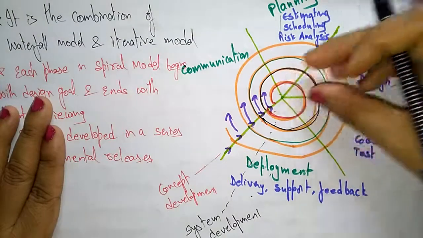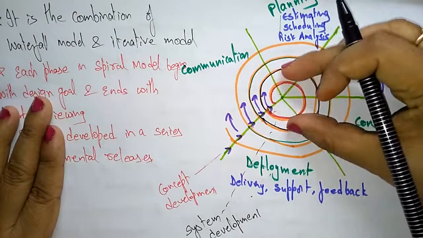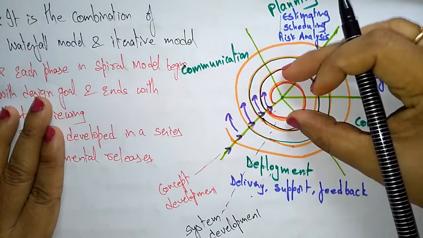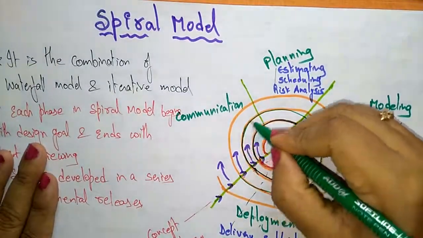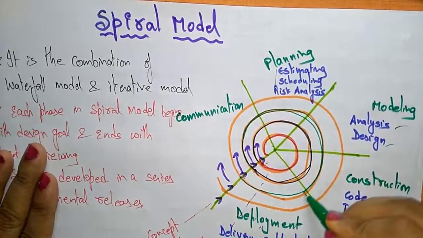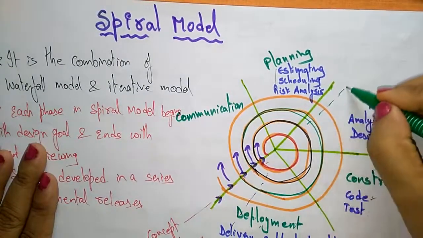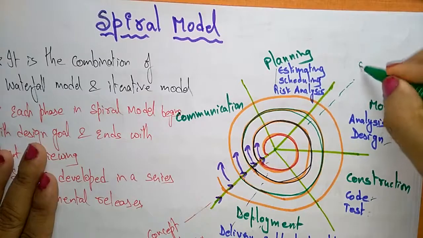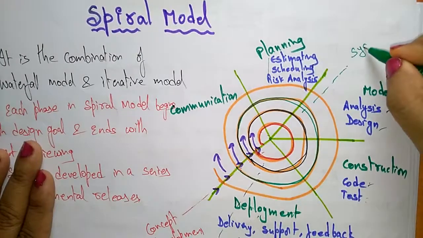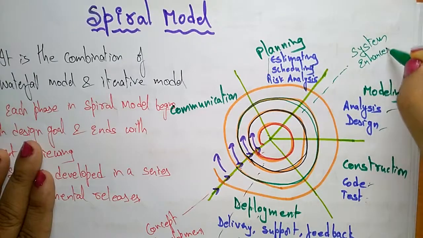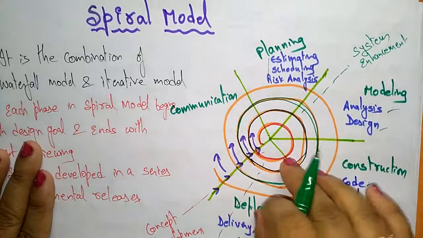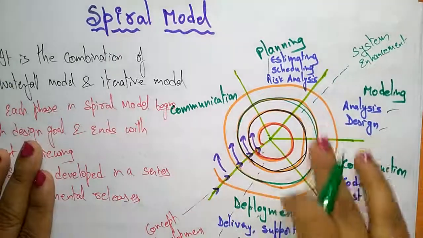First, the concept is developed. Okay, concept is ready. Then you have to prepare for the system. So system development. After that, this is the next task region. This task region explains the system enhancement. If any enhancement is required, that will be done here. After the system was developed, the system has to be enhanced in this spiral.